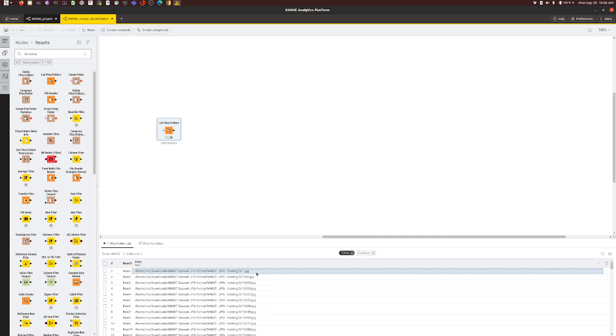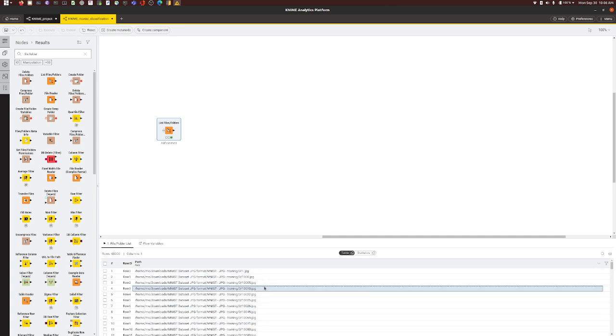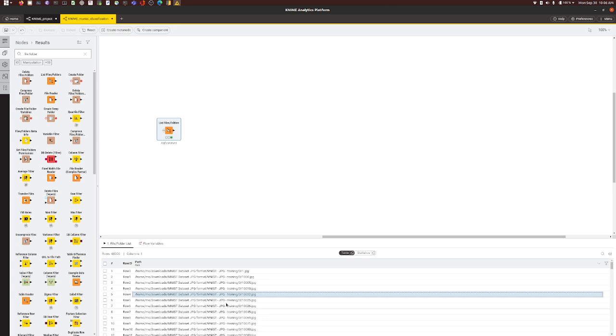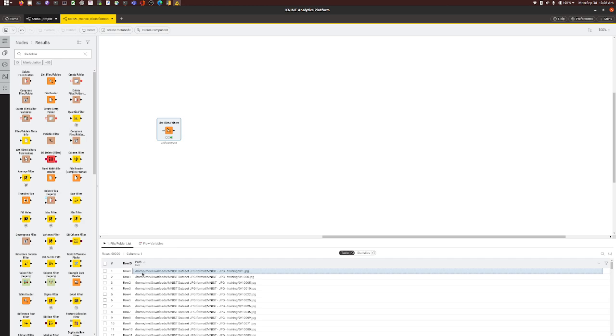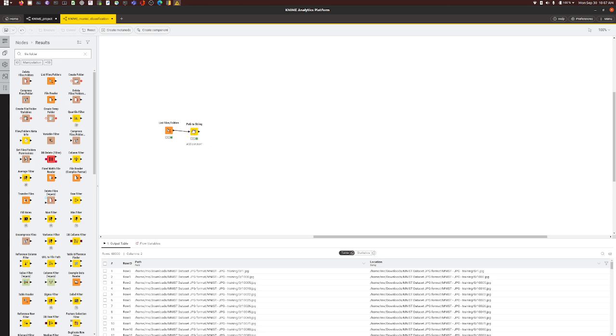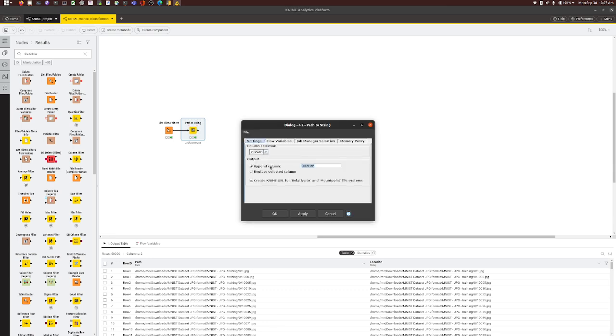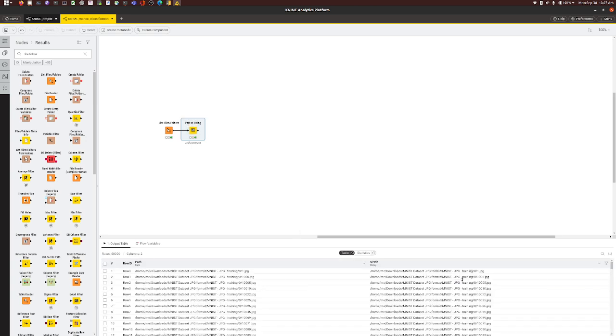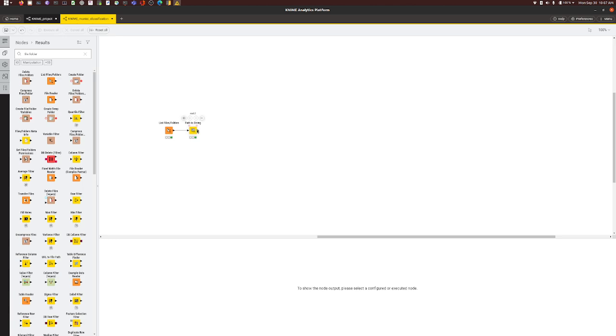All right, so here what we need to do is to check this subfolder name. If it is 0, then the label will be 0. If it is 1, the label will be 1, and so on. One thing to consider here, this is of type path, it's not of type string, so we cannot operate on this yet. That's why we need to change this to a string, like so. It's giving it in something called location. Let's change this to something we can remember. I'll call it S path or something like this. Okay, cool. Now we can operate on this string, so we can create a rule,